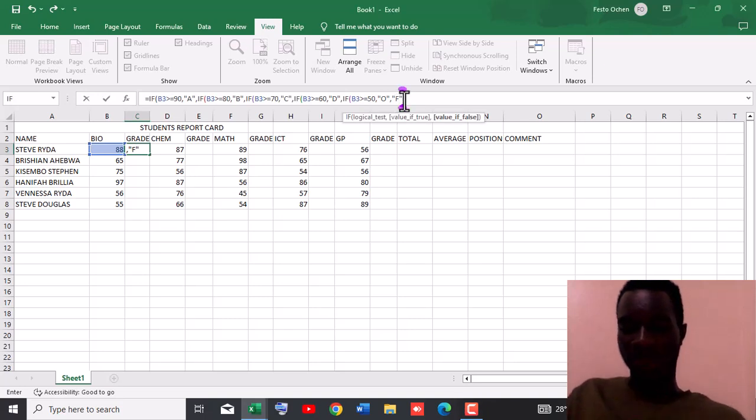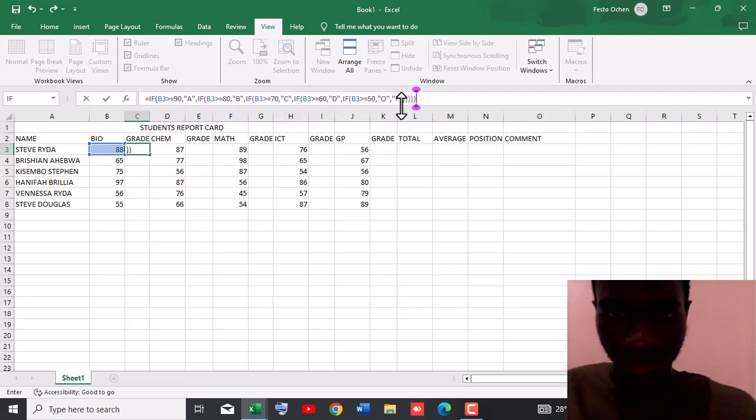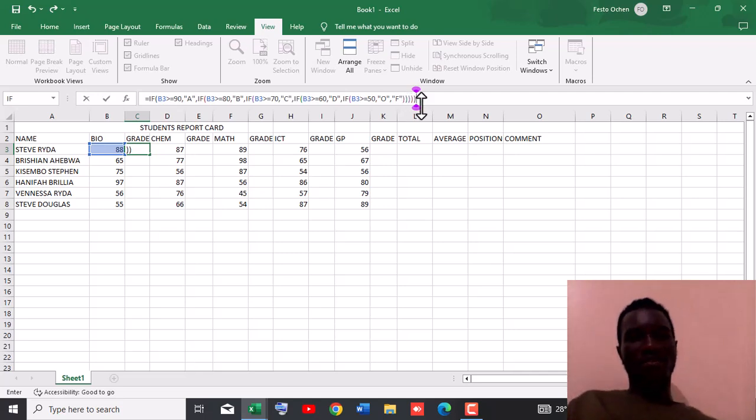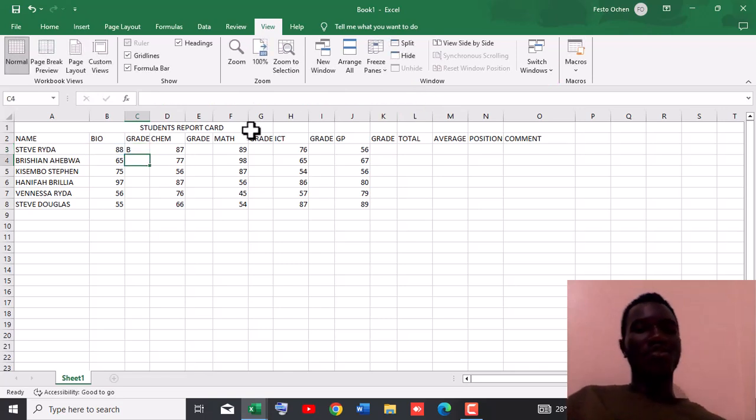So there will be the 5 closing brackets. Let's count them: 1, 2, 3, 4, 5. So that's our formula for grading. So we press enter, and when you press enter, here we are seeing